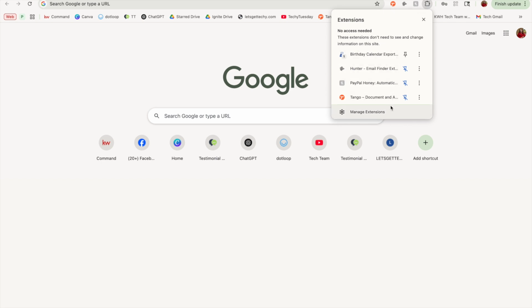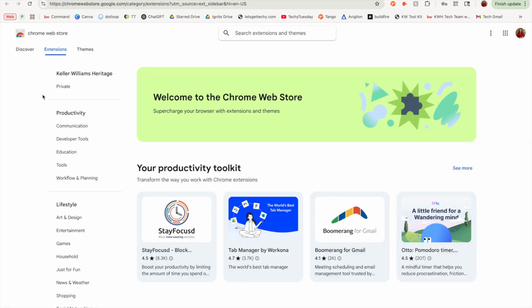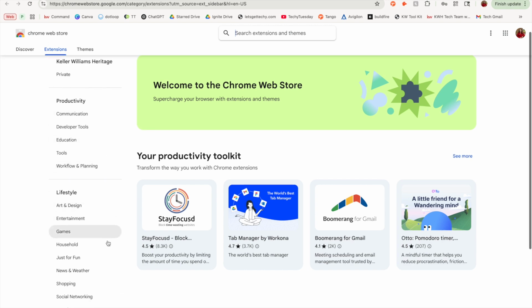I'm going to go down and click on Manage Extensions. I can then again see all the extensions that I have. I'm able to see the details or remove the extension. But what I want to show you is this Discover More Extensions and Themes on the Chrome Web Store. When I click on the Chrome Web Store, I'm able to see all of these extensions here, and there are